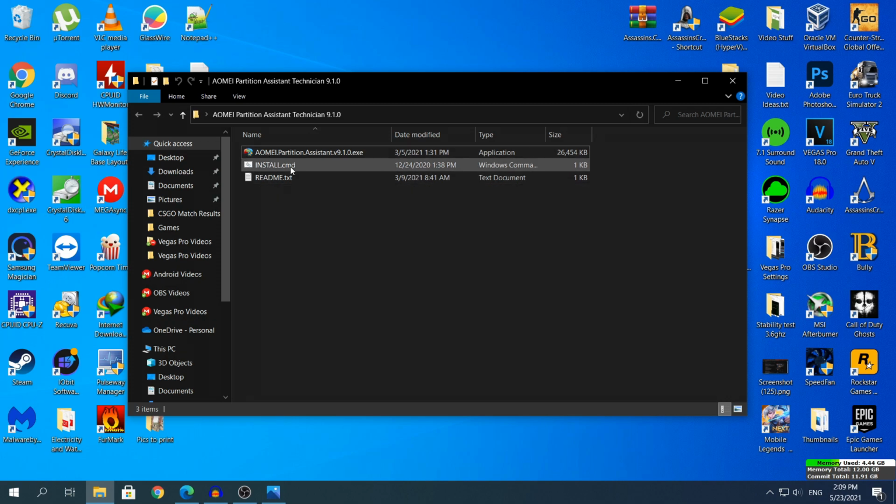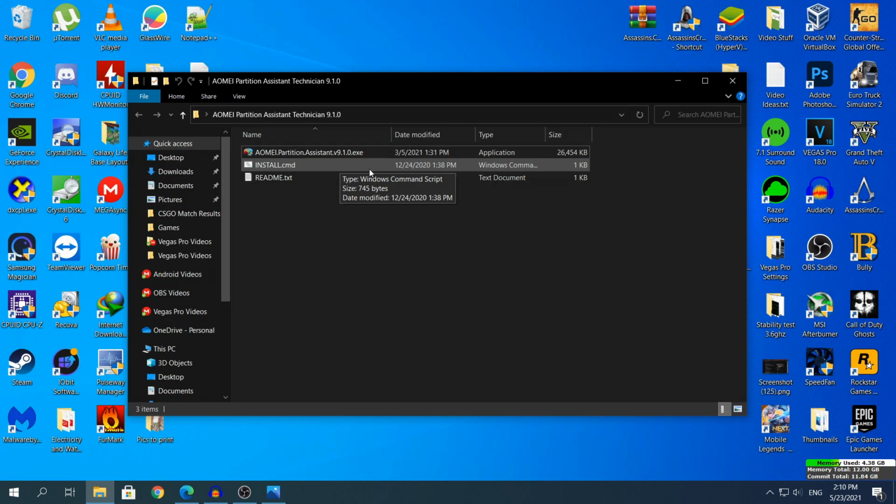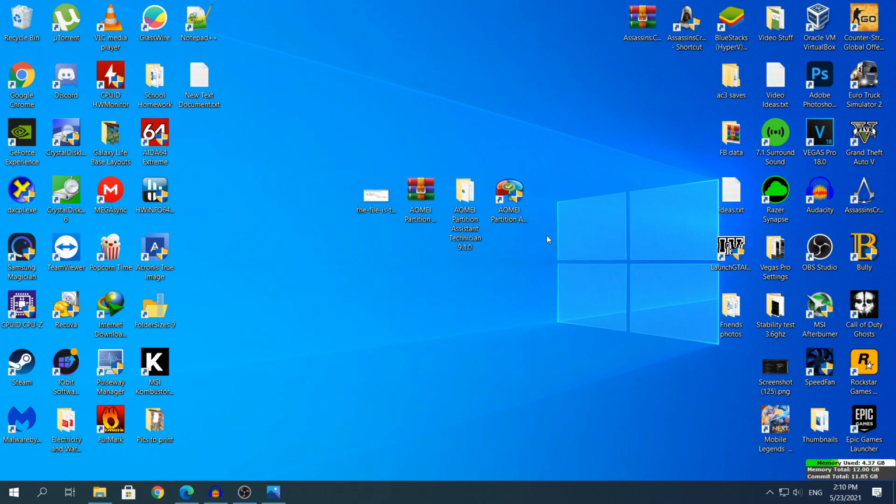After you have installed the software, head back to the same folder right here, and then you need to open the install.cmd file that it has right here. I am not going to crack the software because I have already cracked it using this method, of course. And yeah, open the install.cmd. It will take, I think, 1 or 2 minutes, I don't remember. But after the crack has finished, it will either say that the crack has been complete or the command prompt will close automatically. Once the crack has finished, you can safely open the software.